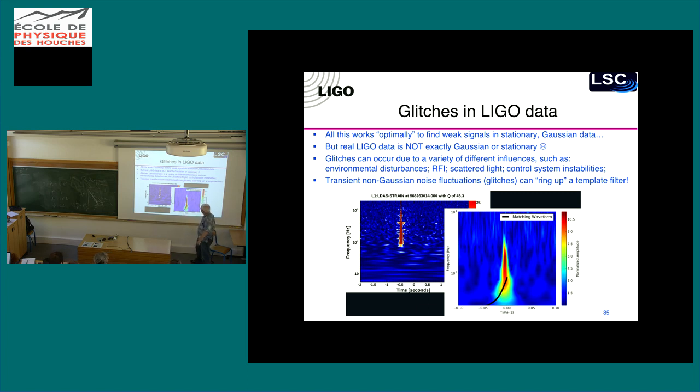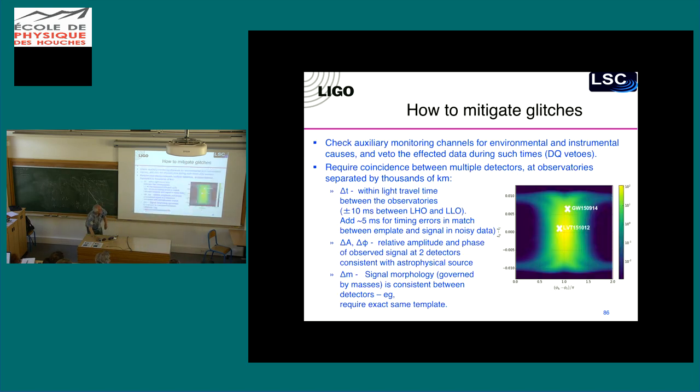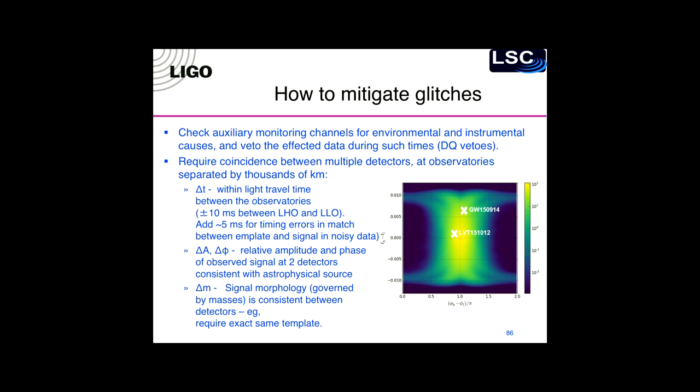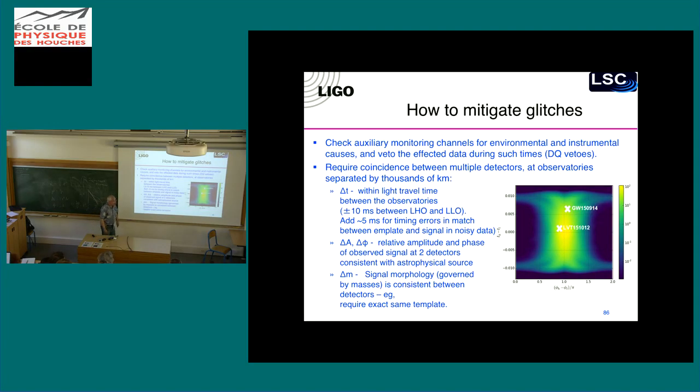How are we going to veto this guy? There it is. Here, it rings up this template. It doesn't really. The chi-squared is going to be lousy. It matches this template. It rings up this template, but now we've got to get rid of it. So how do we get rid of glitches? The first thing we can do is not only require coincidence in template, so it has the same morphology or rings up the same template with a large enough SNR, but we also require it